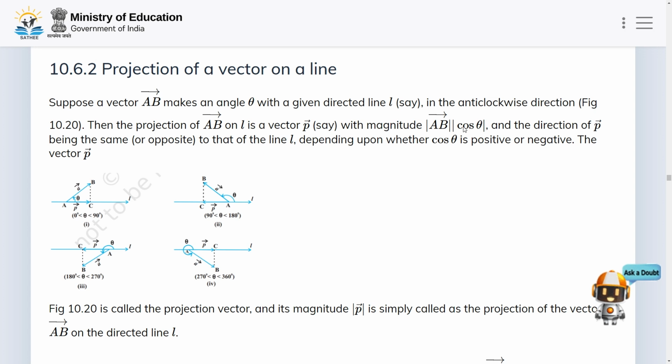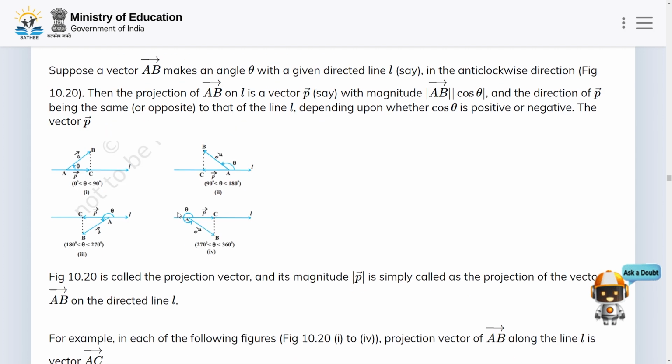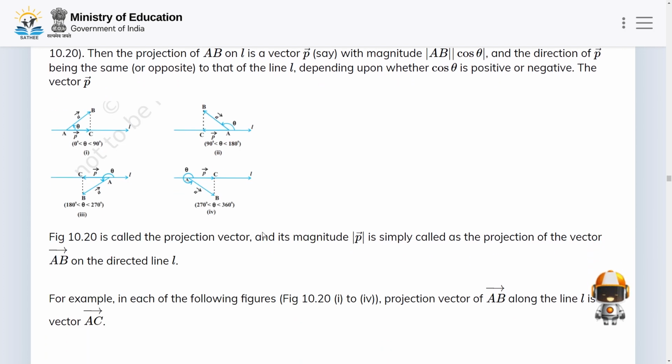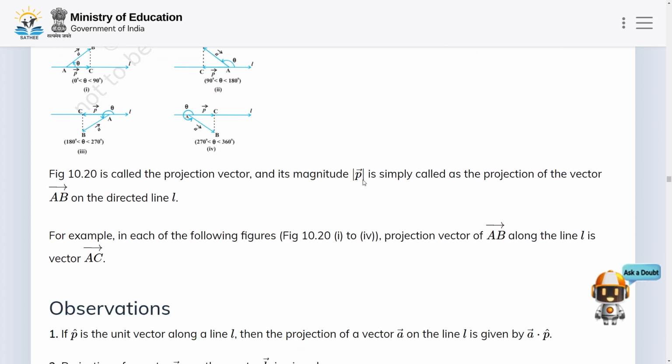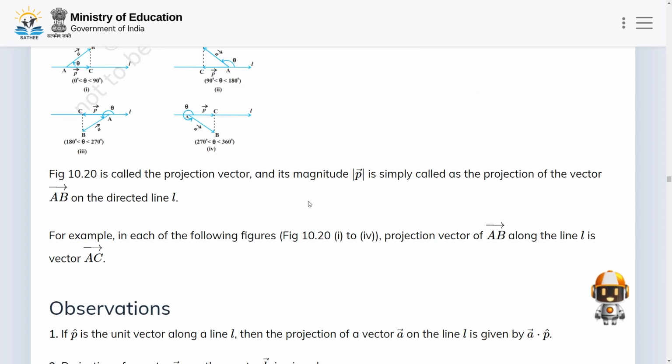It depends on whether cos theta is positive or negative. Okay, clear? As you can see, these are the possible cases. So we will be calling P as your projection vector, and its magnitude, or absolute value of P, will be magnitude P. Clear? Which we have defined like this, simply called the projection vector of the vector AB on the directed